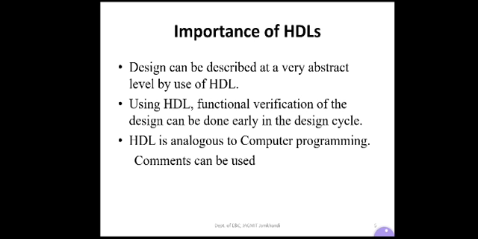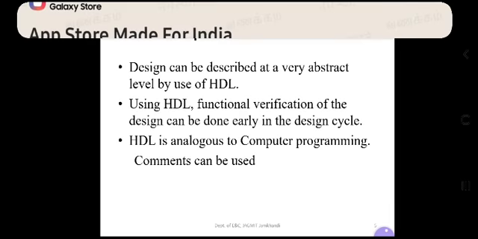So if you are not getting the functionality that you desire, you can modify your code and verify again. By doing this you can eliminate the bugs at this point itself. So this is going to cut down the design cycle time significantly, because the probability of hitting a functional bug later in the gate level netlist or physical layout, which is the last stage of IC designing, is minimized.